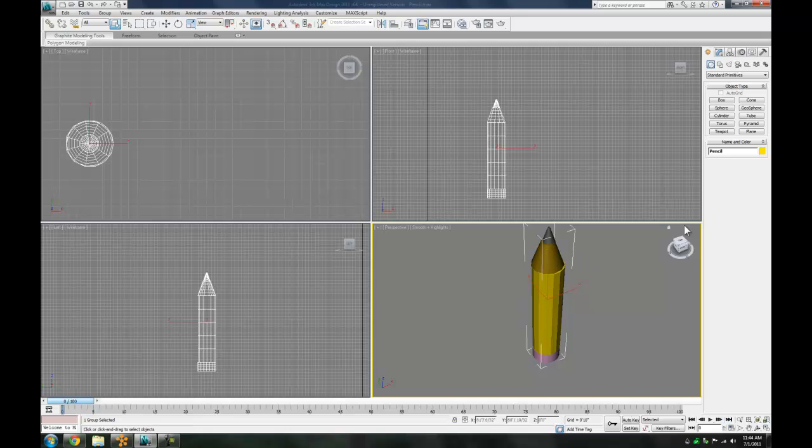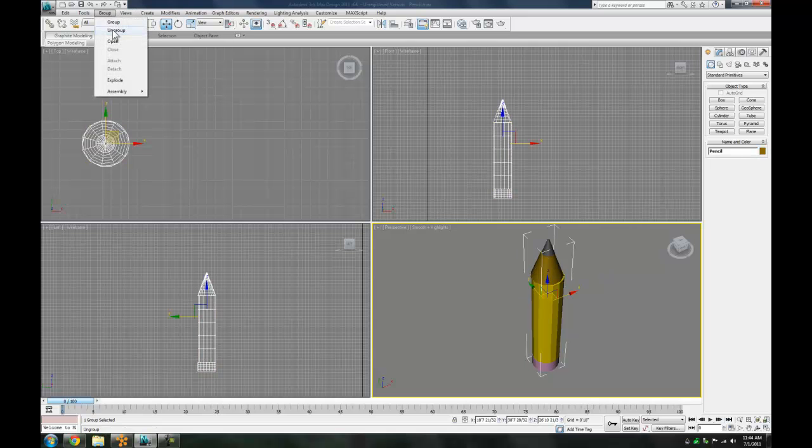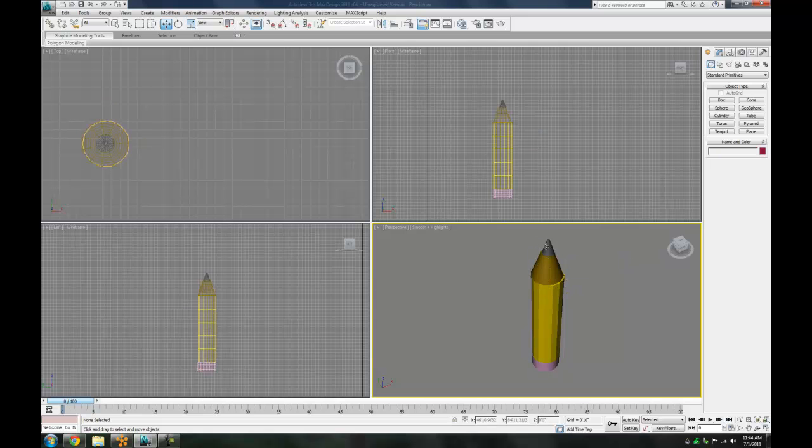But the problem is she used a group tool to create all the individual parts of it into one object. This is good for moving it around and putting it in a scene generally, but if you're going to use a substitute modifier, you can't use it. It's a catch-22. So first thing we're going to do is ungroup this, and you can see that we have the tip,